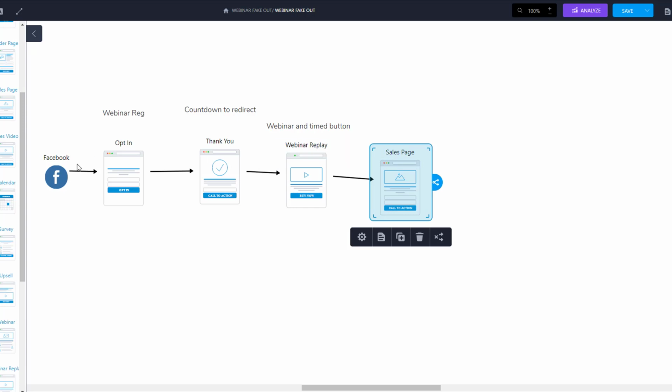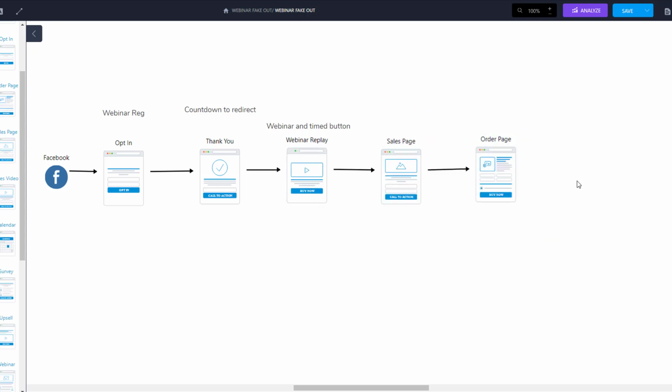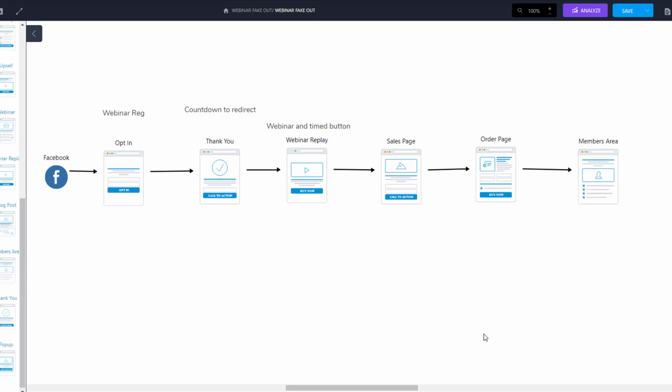And then from the sales page, there was, of course, the order page. Here, order. So we've got our order page, and then after that came, with this particular product, it was sold in a members area. Just like that. So it was kind of a different type of webinar funnel, but here you can see I could duplicate that